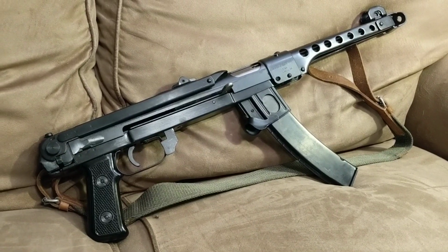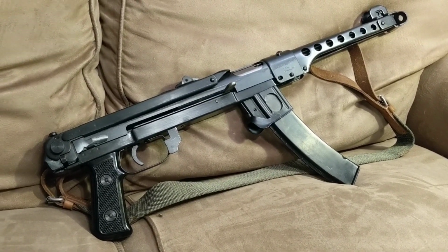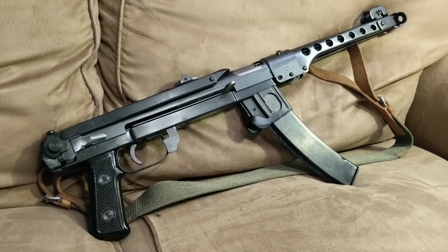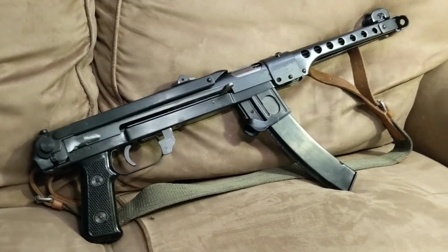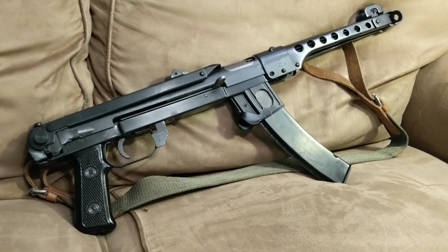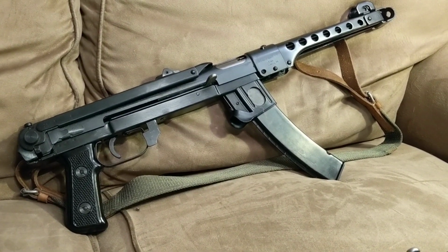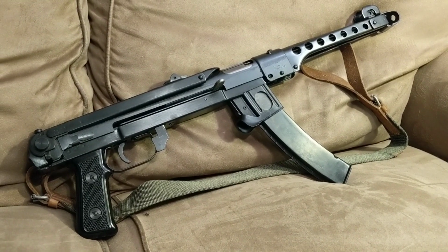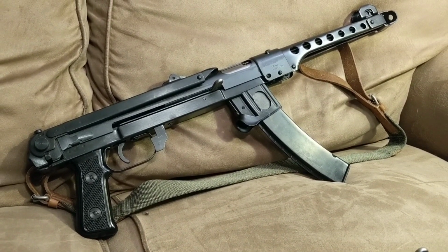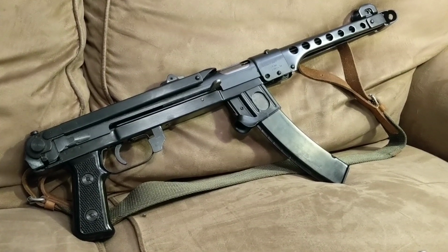Now these guns, unlike their AKs, have actually worked pretty well for us. To date, I've had 500 or 600 rounds combined through these and haven't had any failures. And then we've shot multiple ones. I think that they're okay to go. I'm not going to say they're not going to fail at some point, but our experience has been good. And again, I can only tell you what our experience is with a handful of guns. But this is one of the few 7.62x25 PCCs that you can get. So it's kind of a no-brainer if you're a fan of that round, or if you're a fan of Polish-built